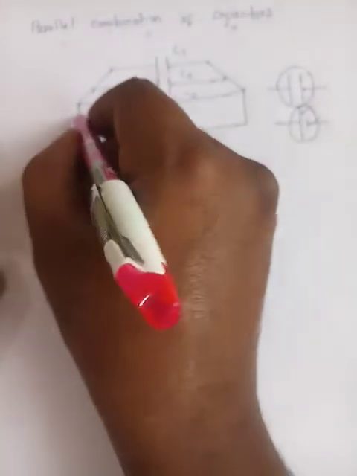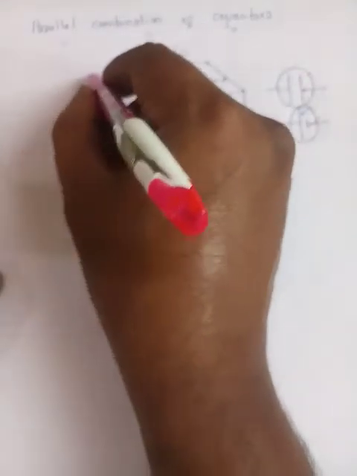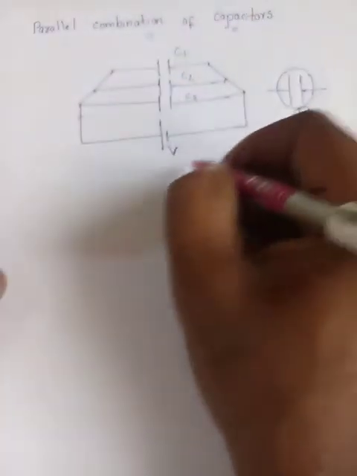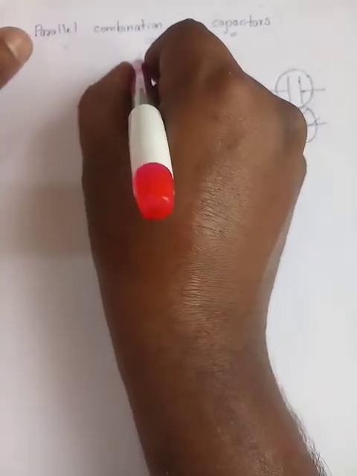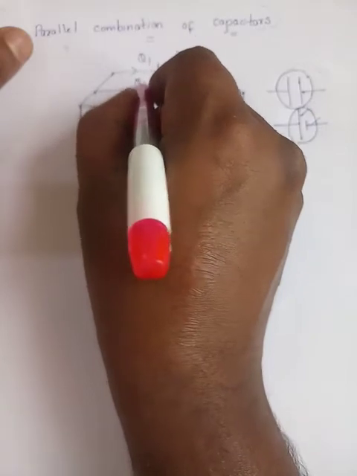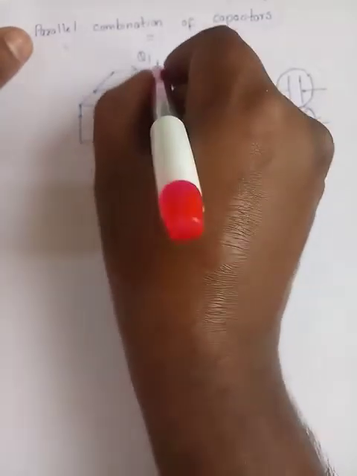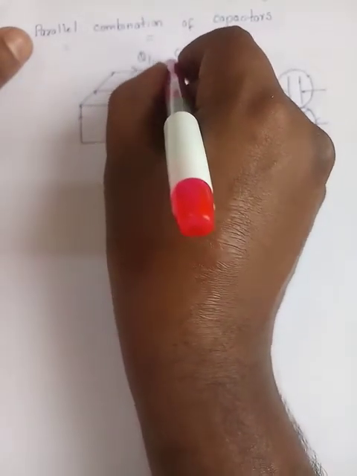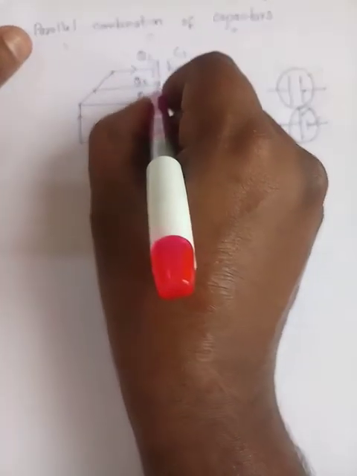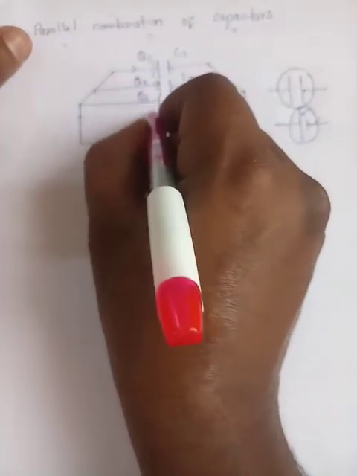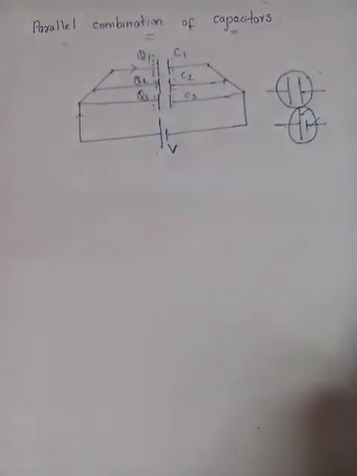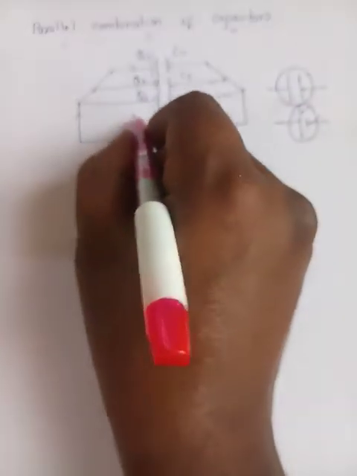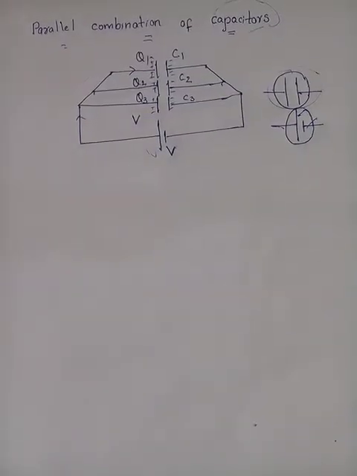Now the charge comes here, right? After coming here, what happens? The charge is distributed throughout these three capacitors. So the charges on the capacitors are Q1, Q2 and Q3, so the charges on the capacitors vary now. What about the potential? The amount of work done to bring the charge from here to here, here to here, here to here remains the same, right? So what is constant? Potential is constant, whereas charge varies.